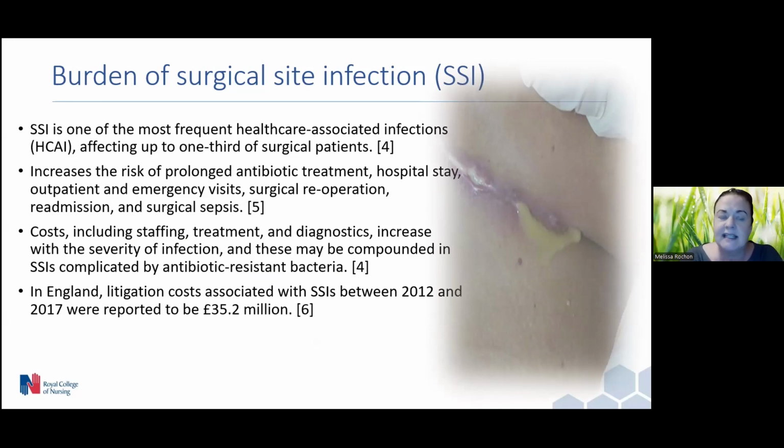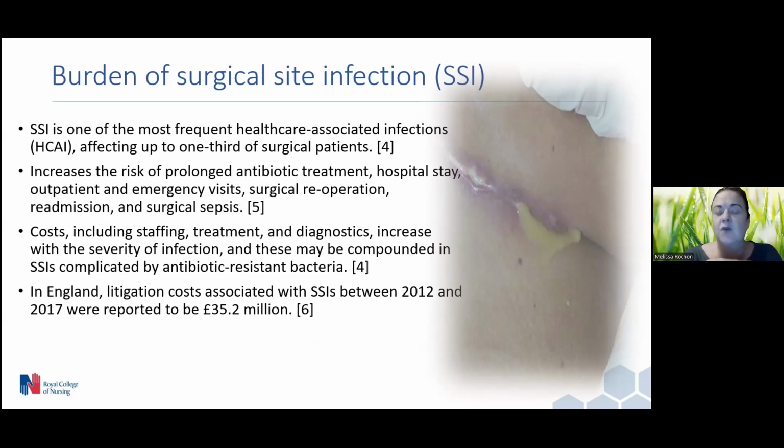And because SSI are an important driver for antimicrobial resistance, preventing SSI is part of a global priority to preserve those antibiotics for future generations. SSI can affect the trust as an organization. You might have maybe 10,000 operations each year. And if you have that sort of volume, you can expect to be using thousands of bed days and managing SSI. So that's reducing the elective surgeries, the throughput.